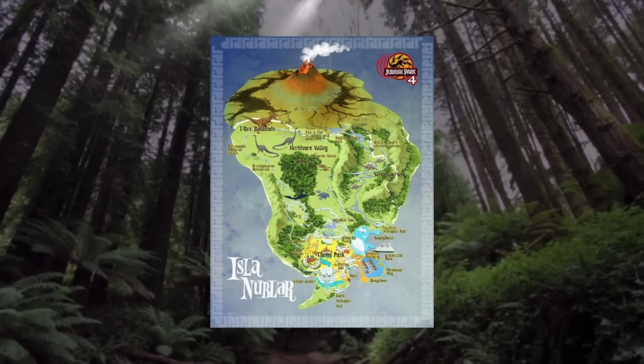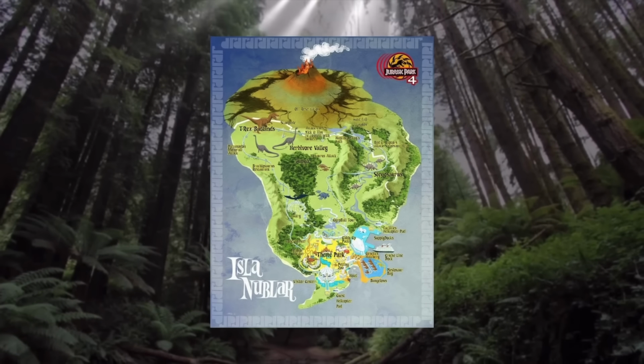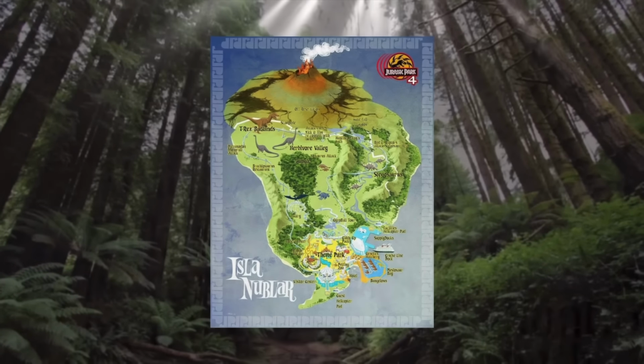Now, the production behind this movie got so far along that a map of Isla Nublar was actually designed, with a lot of areas that were marked as being major scenes that take place in the film. And it's from here that we can actually get a lot of insight into some of the action scenes that were going to be featured in the movie. From here we can gather that the 2 young boys were going to be named Nick and Tim, and at some point they apparently got lost and had to be picked up by a group of hunters who'd made their way up towards the volcanic part of the island.